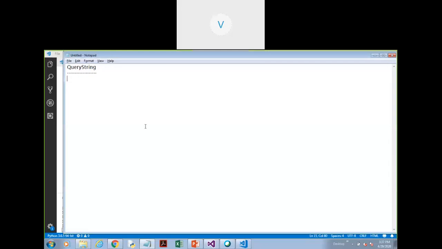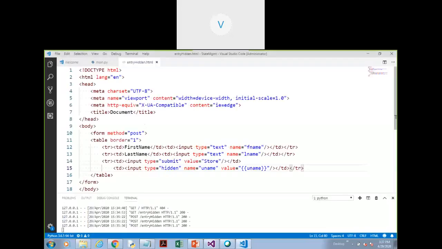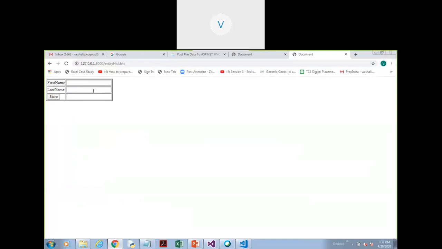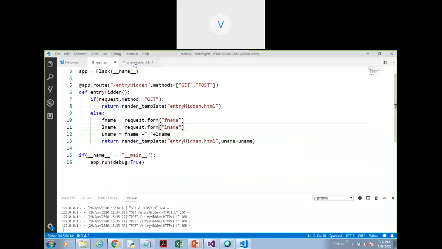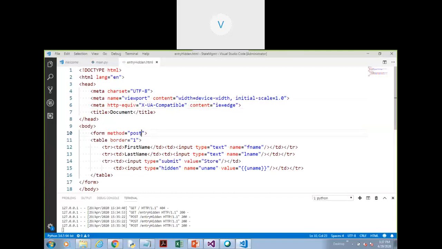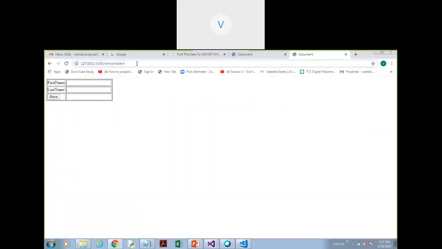So now let's go for the next concept, that is query string. So first we need to know what is a query string. Whenever we are using form method is equal to get, then what will happen if you have created a bunch of text boxes, like just now we had seen that there is a form and there are two text boxes, and the first text box name is fname, the next text box name is lname. Let me just do that. If I just change this to form method is equal to get, default is get. If you do not write anything, it is considered as get method. So now let me just enter something. You can see the information like this.